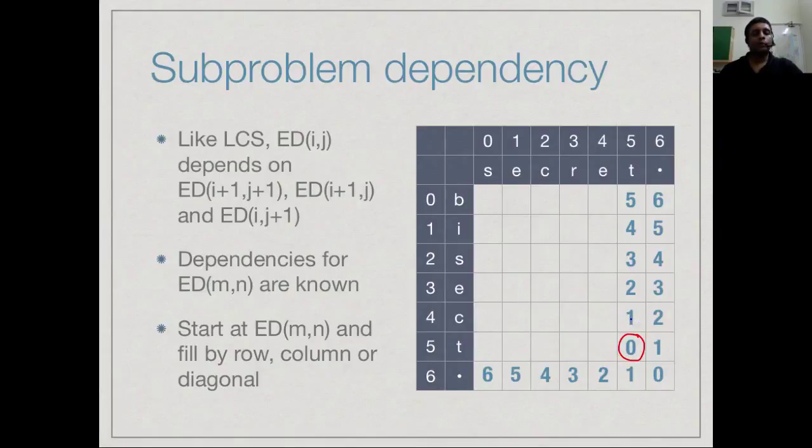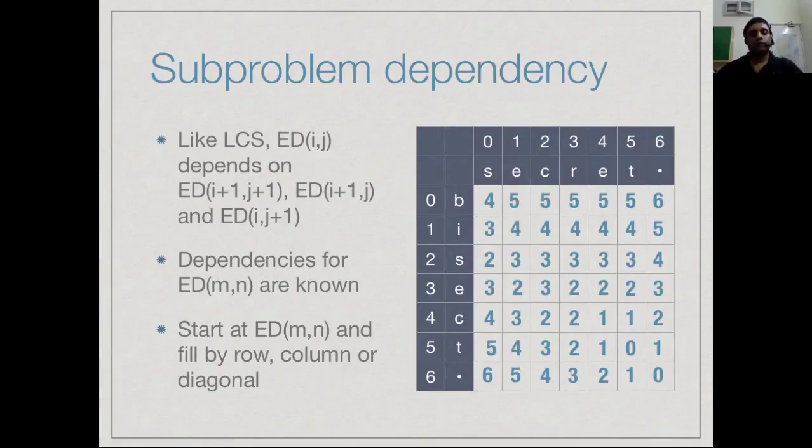Everywhere else, because they don't match, the edit distance is just going to be the minimum of the remaining 3, right? So it's the minimum of the remaining 3 plus 1. So in this case, if I look at this, for example, the minimum of 0, 1 and 2 is 0, plus 1 is 1. The minimum of 4, 2 and 3 is 2, plus 1 is 3, and so on. So it's the minimum of those plus 1 to make the current change. So I keep doing this, and as I go left, eventually I'll find that the minimum edit distance between